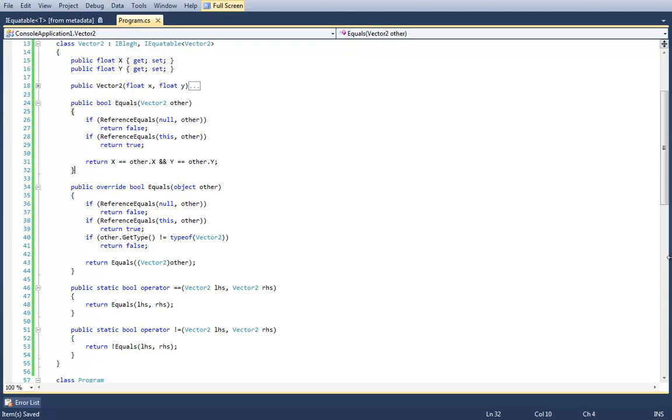These four methods are the bare bones of any equality comparison. Obviously, it depends on the number of things in there. So if, for instance, you had a Vector3 version, obviously that would include a public float z with a get and set. So then you have to return x equals other.x, y equals other.y, and z equals other.z. But the most important thing to realize is that the framework is the key.